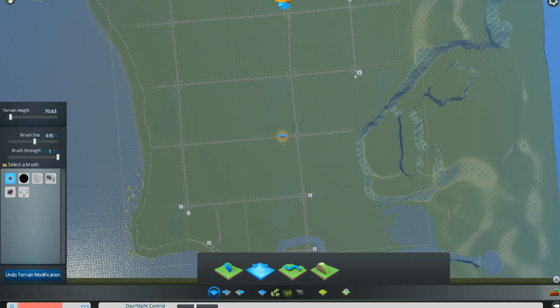What I did was I left-clicked in this area, which is the flat area. It was at 70, so I went and clicked next to it, to the right of it, to bring it up just a teeny little bit. It doesn't have to be a lot. 94 is fine. And then I went back and left-clicked over the top of everything where the